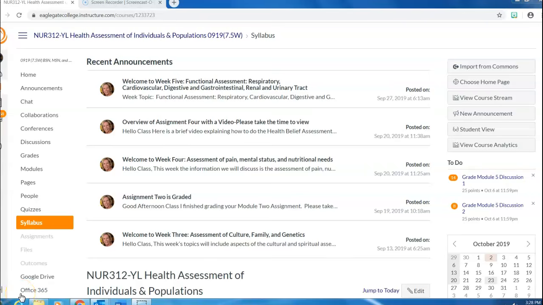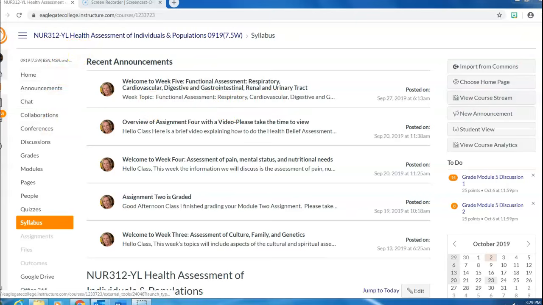Hello everyone, I am going to show you how to use the library resource page in Canvas. And this is actually one of the courses I'm teaching right now. So just think of this as your own course with your title up here and your tabs listed on the